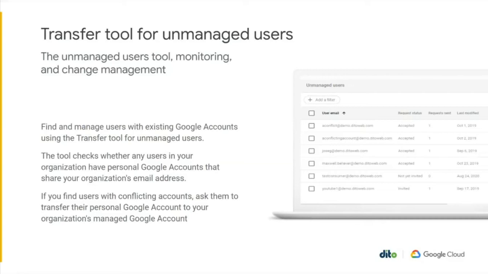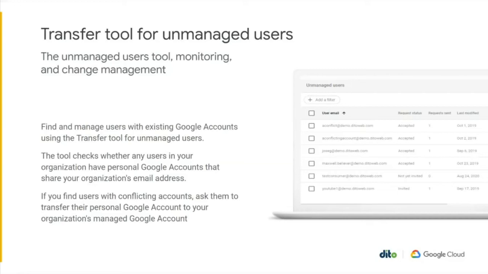All of the data is now owned by the organization instead of the end user. It essentially addresses all of the major trade-offs from a compliance, security, and IT standpoint if someone accepts that invitation into the organizational account. So for those users that have gone out and spun up their own consumer-grade accounts, this is kind of, and I'm going to put quotes around this, the silver bullet for